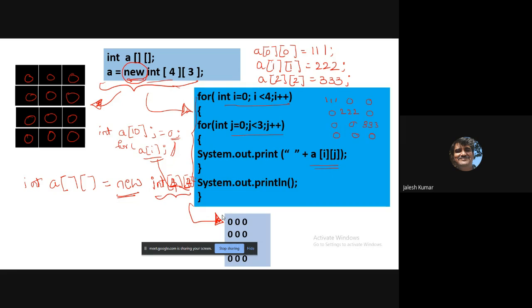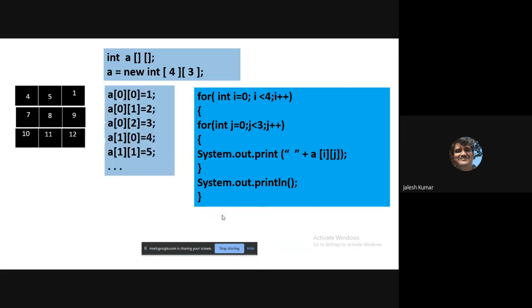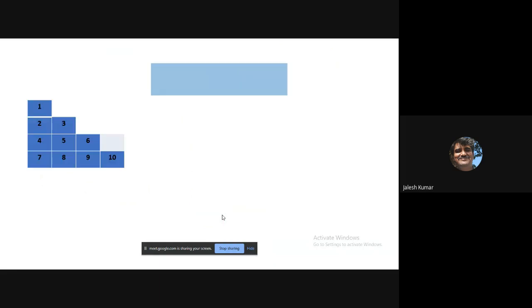Is it clear? Okay, then after learning this, we'll move to another concept. See, normally what happens if you declare 4 cross 4, the allocation will be like this, is it not? 4 rows and 4 columns.